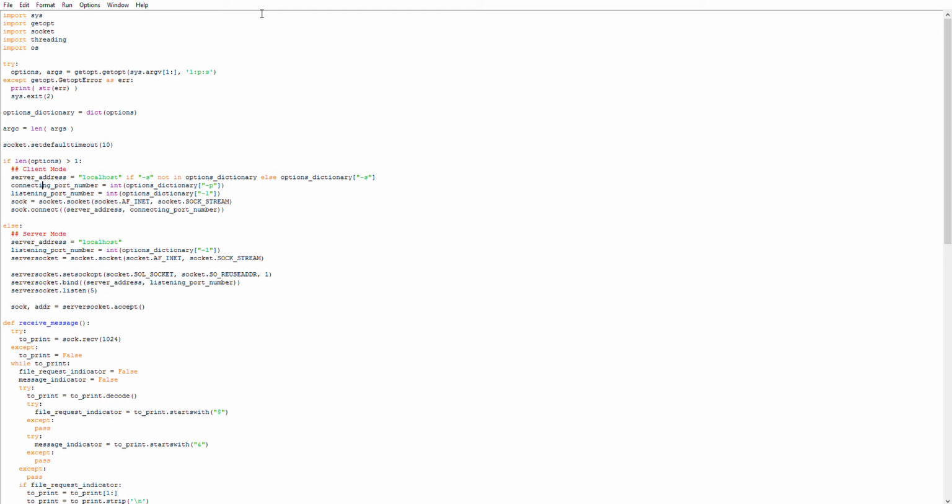We create the connecting port number, which is the value located at P. We create the listening port, which is the value located at L. Sock, we just set up the sockets and then we connect the sockets to the server. And if the length of options is 1, then we are in